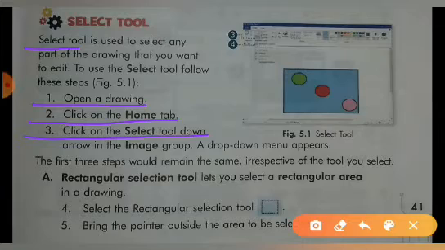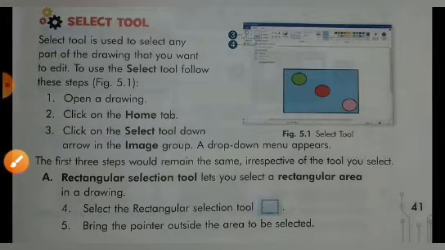The rectangular selection tool lets you select a rectangular area. Select the rectangular selection tool and bring the mouse pointer outside the area to be selected.